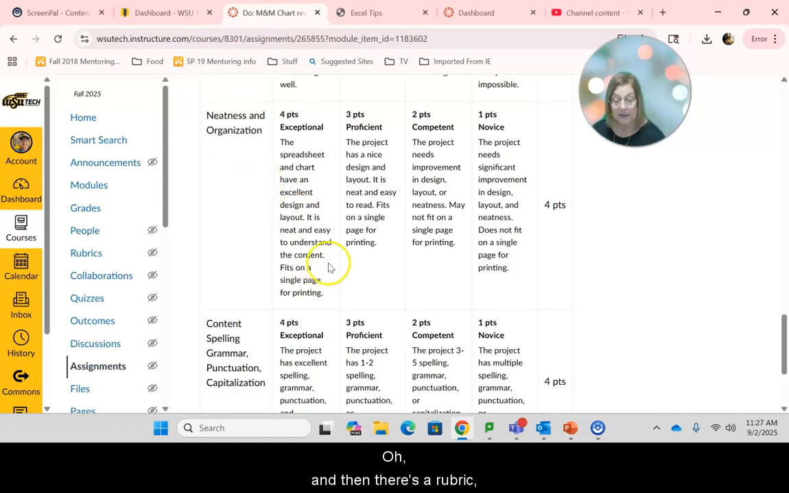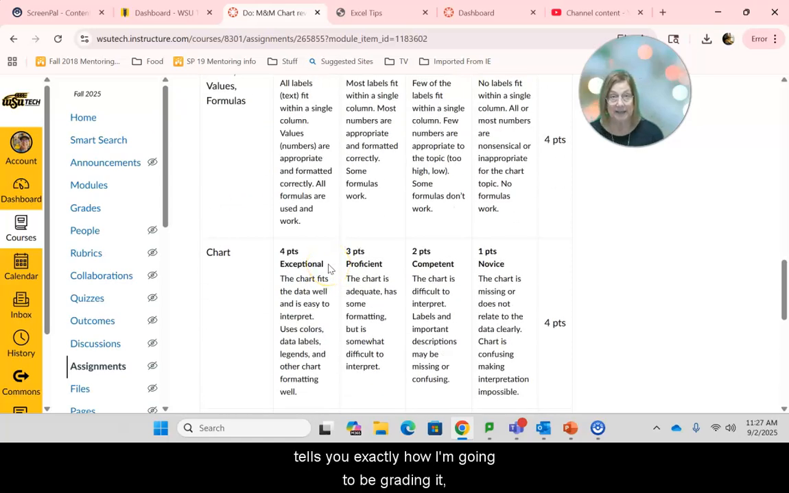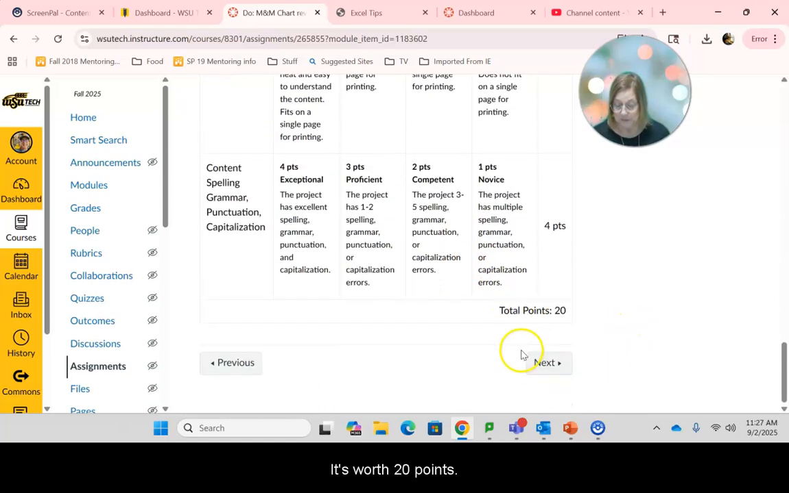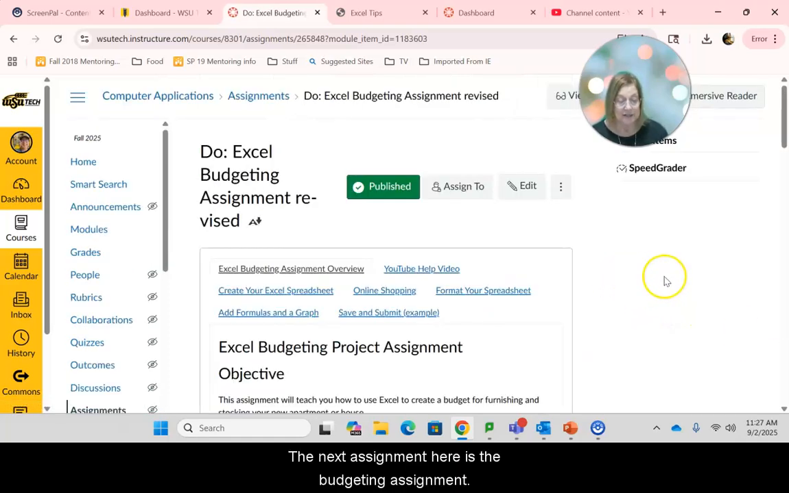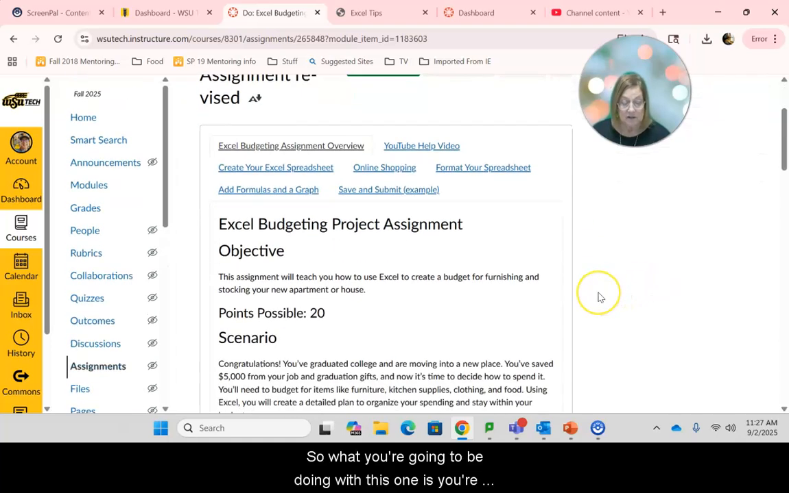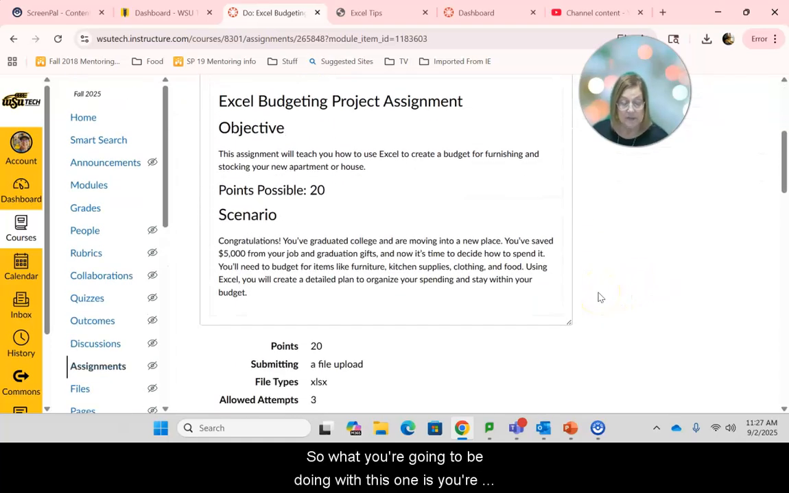Oh, and then there's a rubric. Tells you exactly how I'm going to be grading it, what I'm looking for. It's worth 20 points. The next assignment here is the budgeting assignment. So what you're going to be doing with this one is you're going to pretend that you have $5,000 to